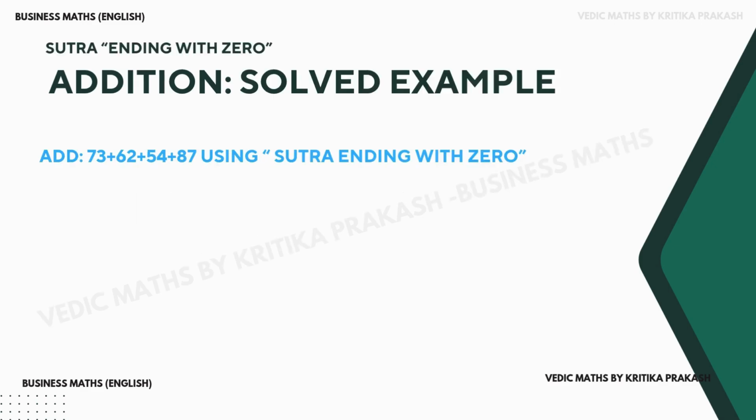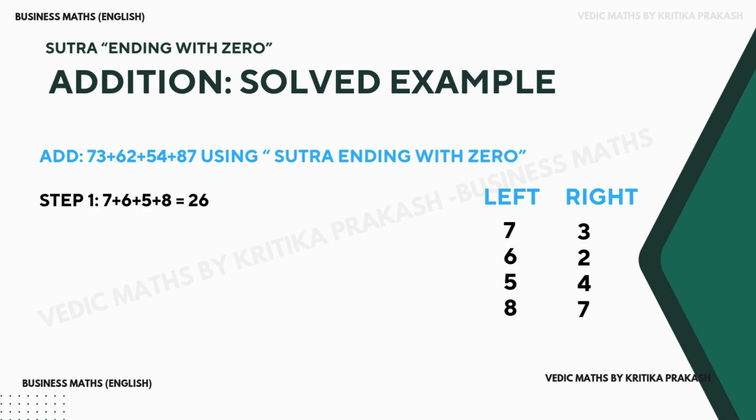So let's see this question, wherein we need to add 73 plus 62 plus 54 plus 87 using this method. The first step is you need to classify the numbers into left and right. We would be adding the numbers from the left hand side first. So in the first step, we would be adding 7 plus 6 plus 5 plus 8, which would give us